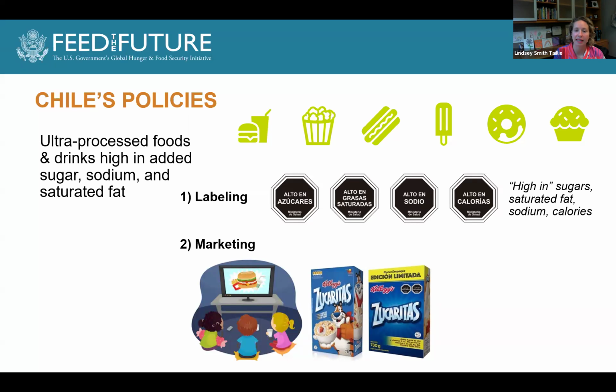The first thing they did is they said, okay, any product that carries this warning label cannot be marketed to children. So you see here this package of breakfast cereal packages with Tony the Tiger on the left. That looks like what a package looked like before the policy. And then on the right, we see that the Tony the Tiger is gone and this product has warning labels. So first, you can't use these strategies that market to children.